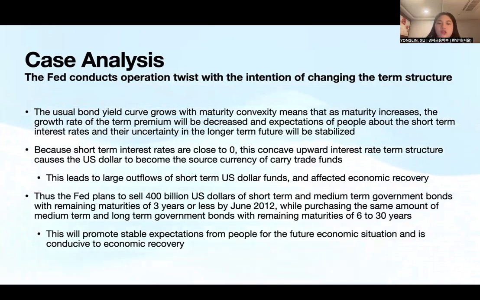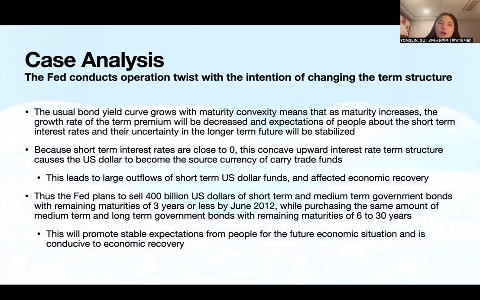Larger interest rate differentials can lead to gains from interest appreciation, and this will lead to larger outflows of short-term U.S. dollar funds, and this will affect